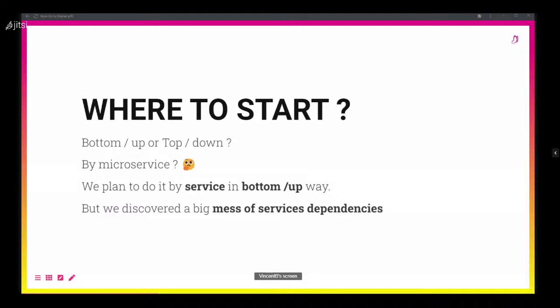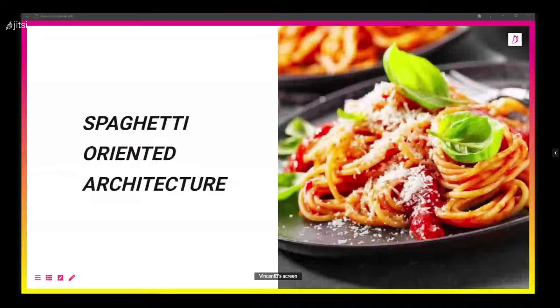And worse, if you got a service A and a service B, service A will call B, but sometimes B will call A. And so you don't really know where to start and which service is the first one in the flow. So after all, we started everything, and we got nothing really working. It's a real